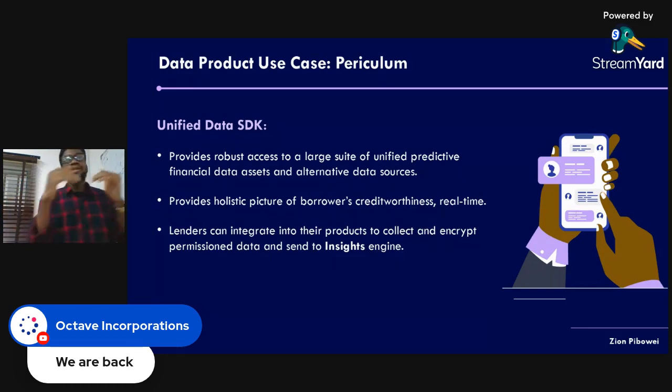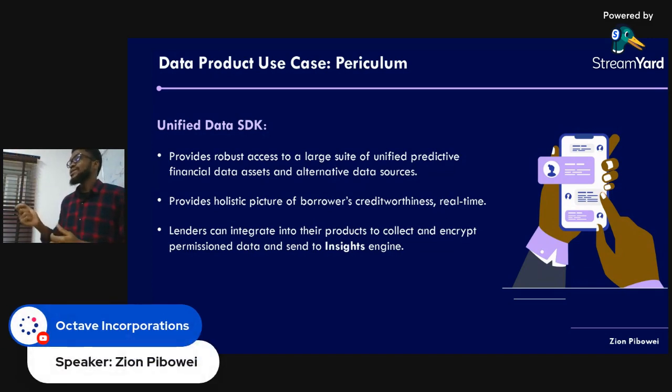So it's not just looking at bank statements. It looks at bank statements. It looks at telco data. It looks at switching data. It looks at SMS data and various other things, right? And with this, it can provide a more holistic overview of a customer's creditworthiness. So is this customer really worthy of this loan? What's the probability that this person will pay back, and what is the risk at default if the person defaults? So with that, an organization can adjust what it can offer based on its risk appetite and the insights. So unified data is the foundation for the products that we build.